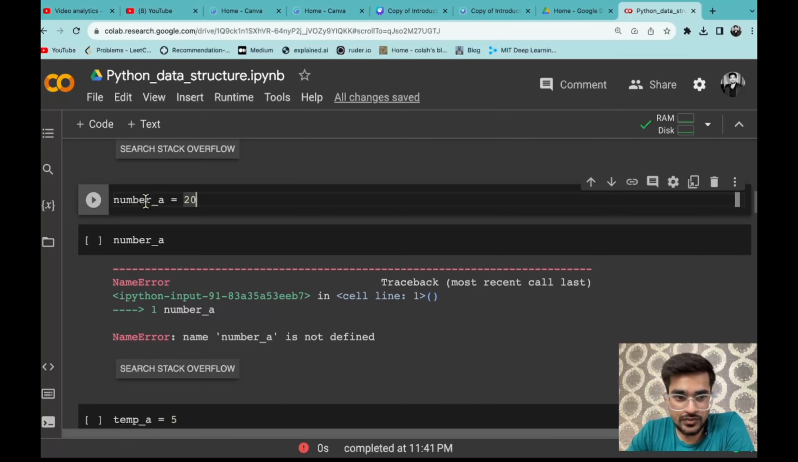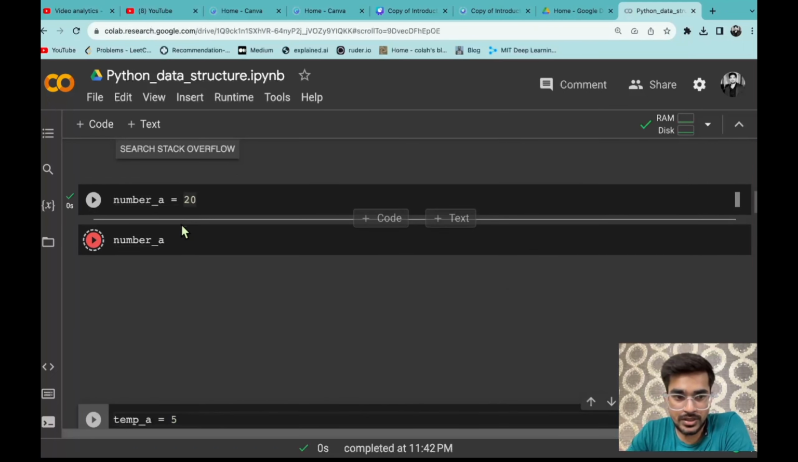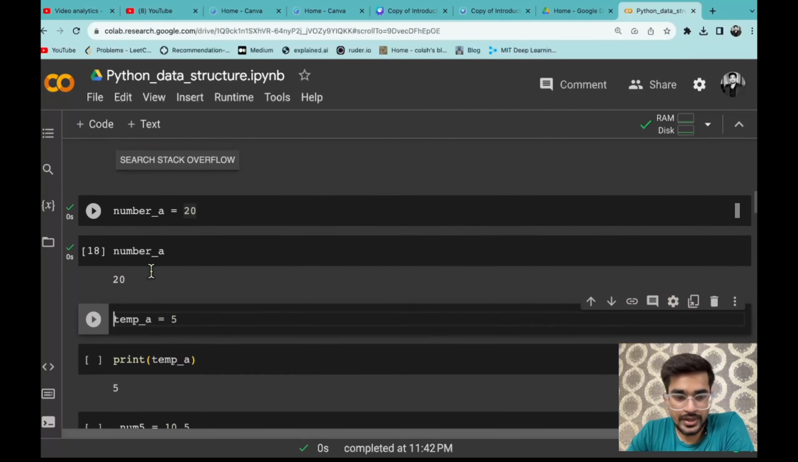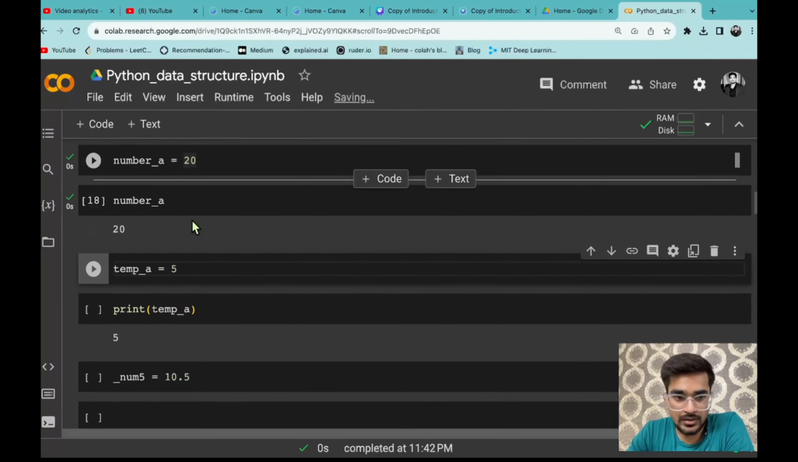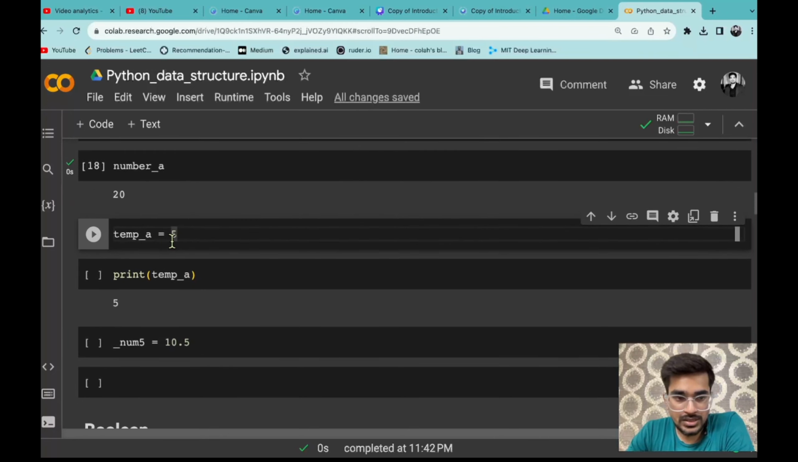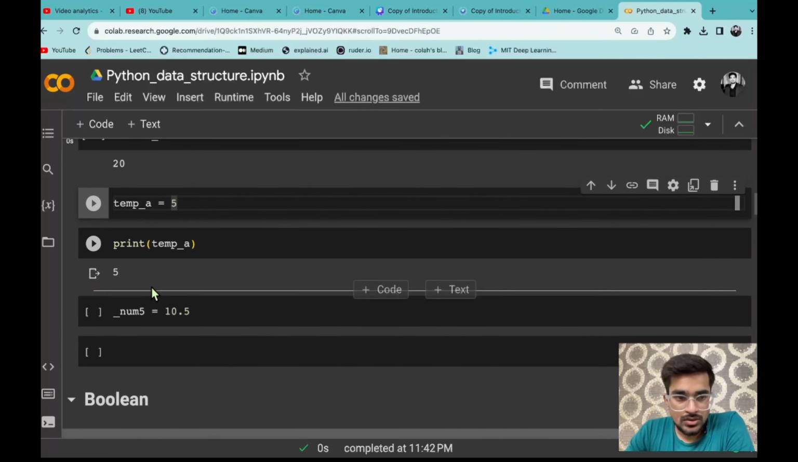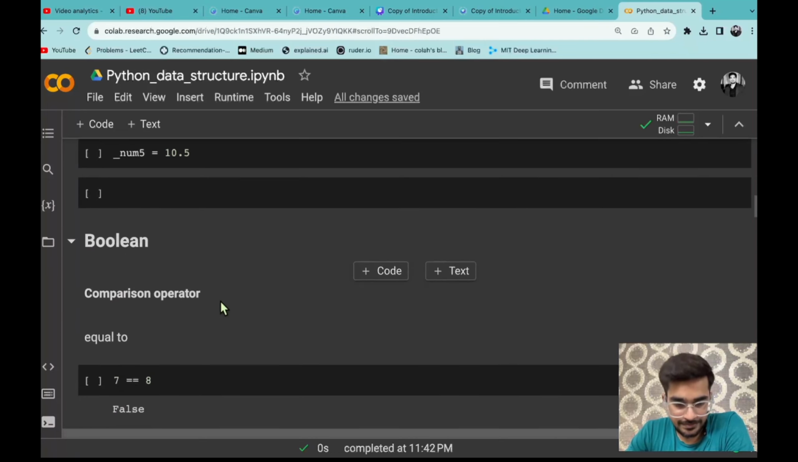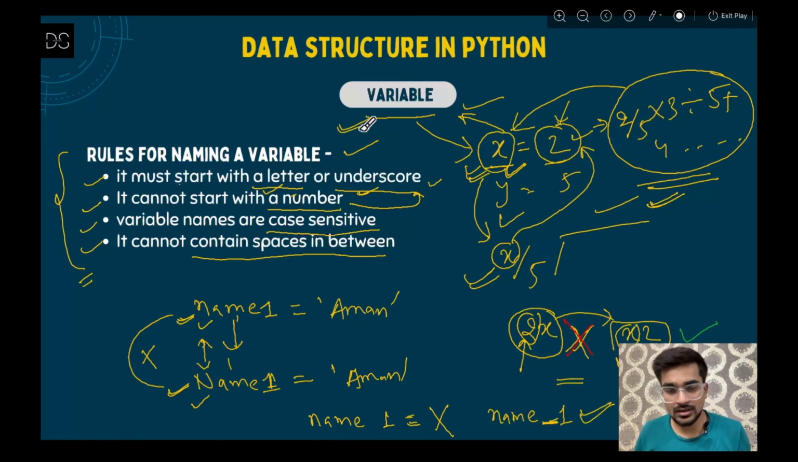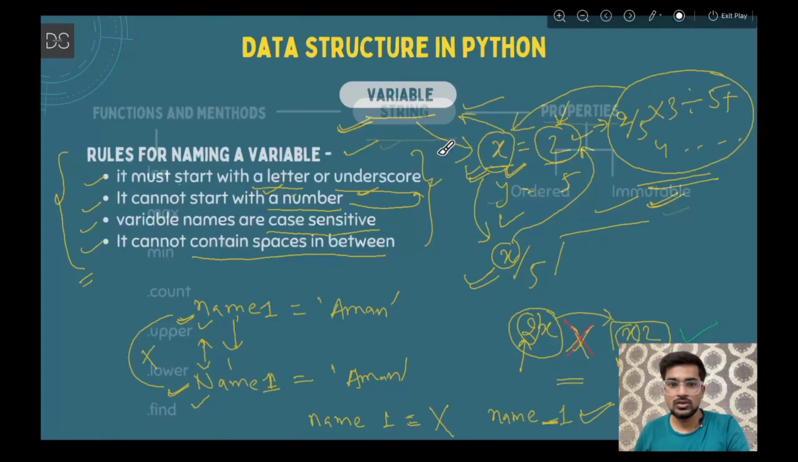So if I define number underscore a equals 20, and if I print that, it will print 20 because it is the same variable name I am giving which I have defined. Now you can see, those are the similar examples that I have given. You can look at it. Cool. So I think now it must be completely clear what a variable is and what the rules are for naming variables. So next we will go to